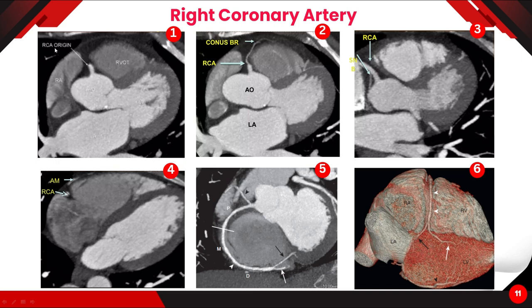We can see the right coronary artery arising from the right coronary sinus, which traverses between the right atrium and the right ventricle, and it giving a first branch called as conus branch, which supplies the right ventricular outflow tract, and further it traverses and gives a small second branch called as sinus nodal branch,